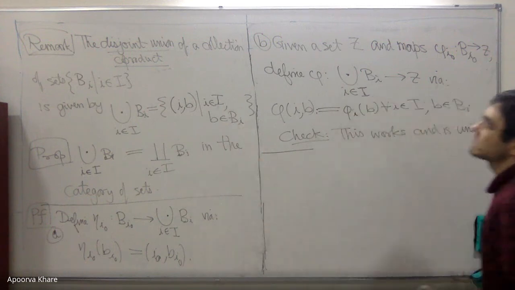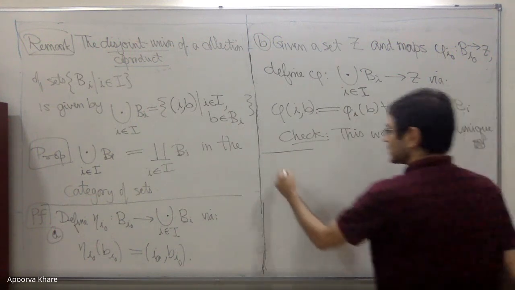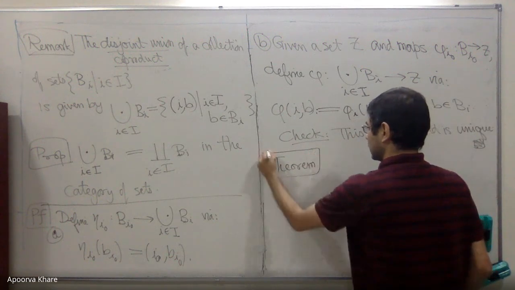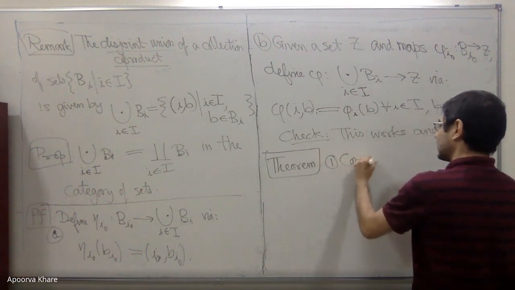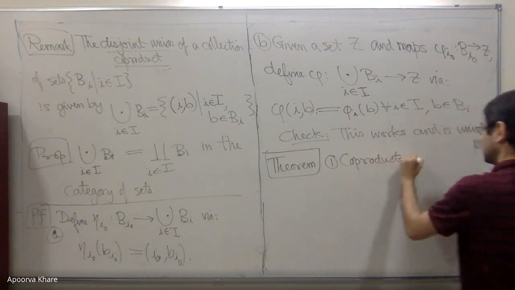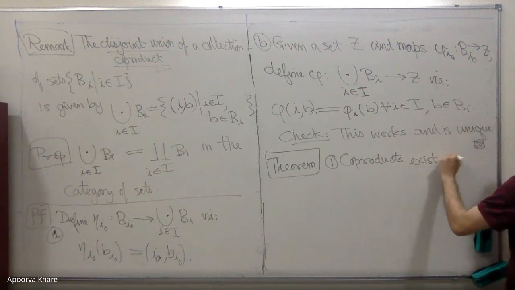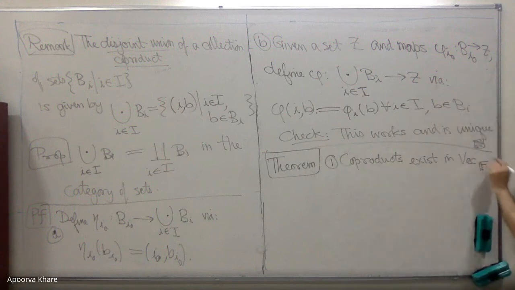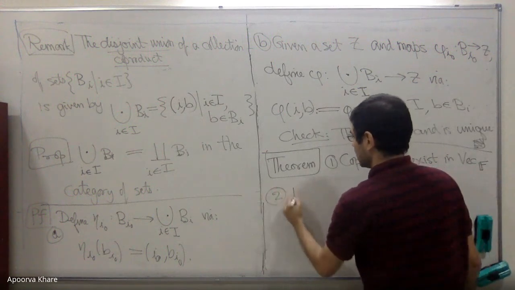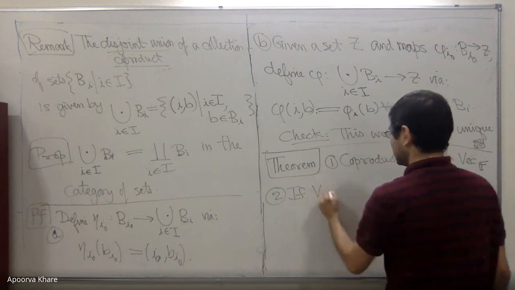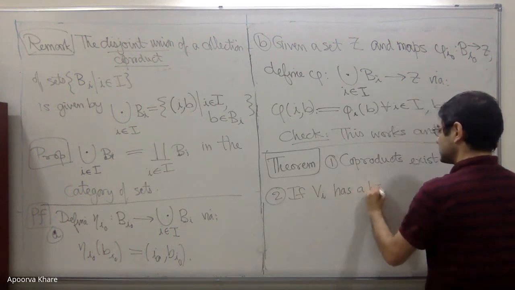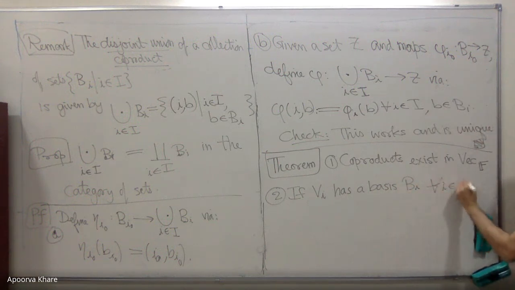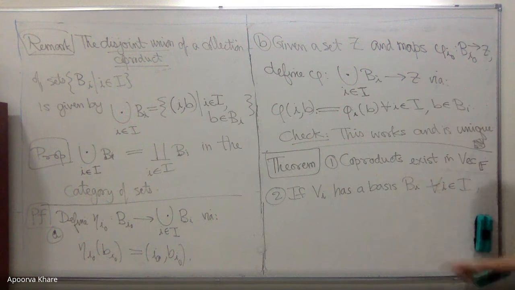Maybe I'll write that down as a proposition, or a theorem. One, coproducts exist in the category of vector spaces. And I will just write Vec_F, obviously. That's the category of vector spaces. Second, if V_i has a basis B_i for all i in I, this is a set. A basis is just a set. Right? Then,